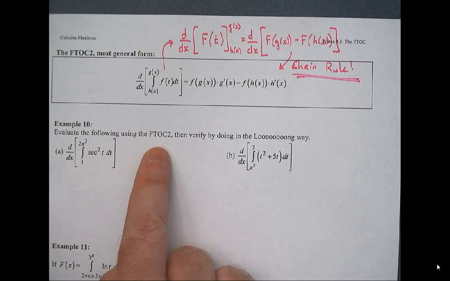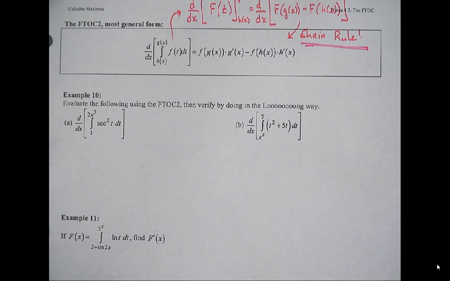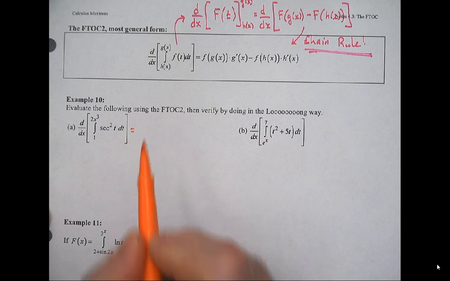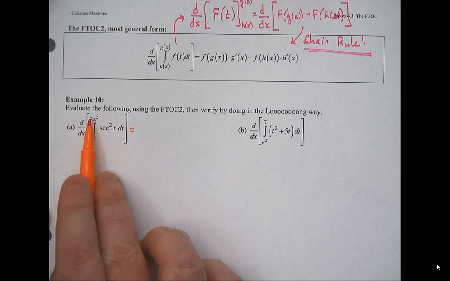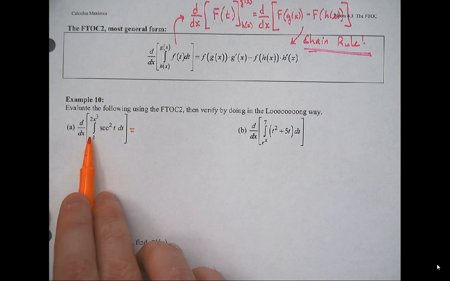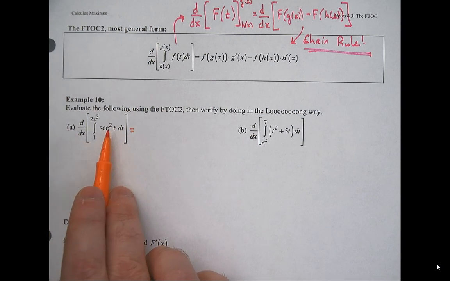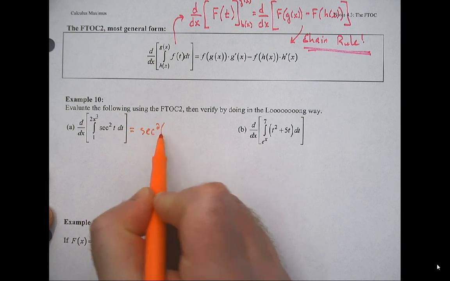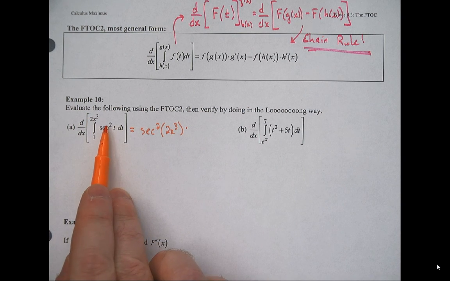Evaluate the following using the fundamental theorem of calculus part 2, and then verify it doing the long way. Well, the shortcut, you'll love it. Well, you might not love it, but it's not too bad. So what you're going to do is plug in, just like we did before, this for t, but then don't forget that you have to then multiply by the derivative of that. So this would become secant squared of 2x cubed times,